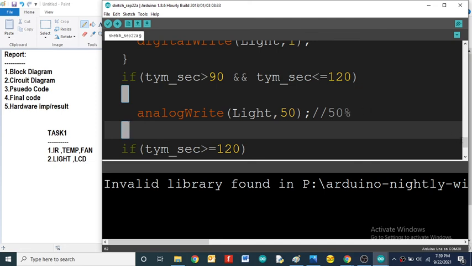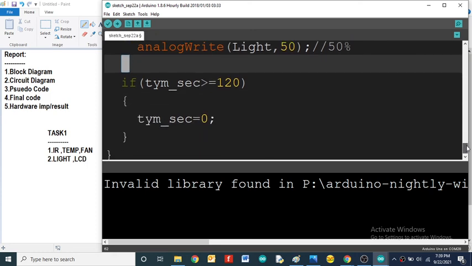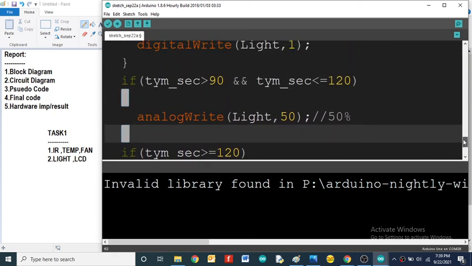So this is another application. This is your task A program, the complete program.